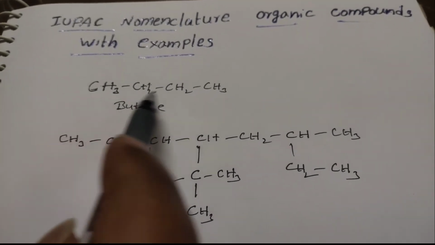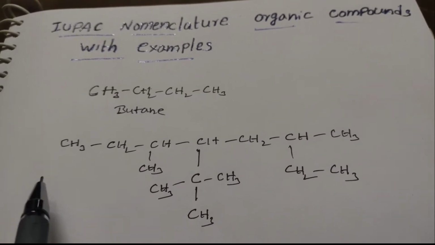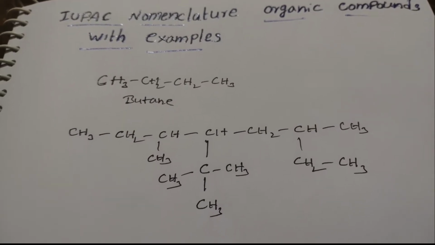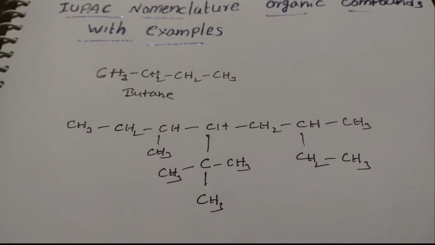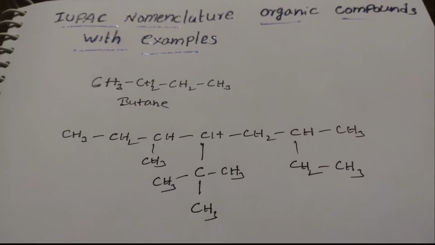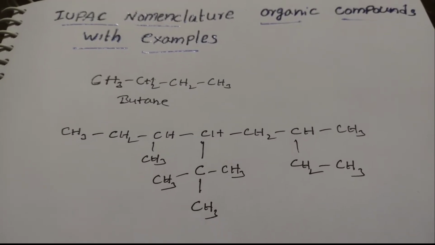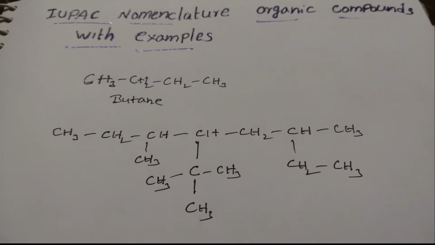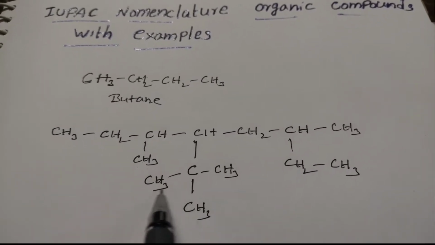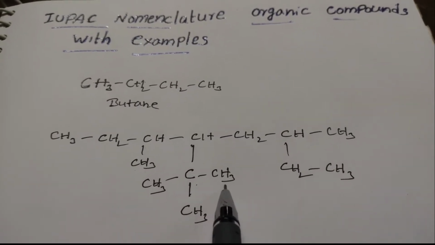Writing the name butane is the easiest one. Then how can we give nomenclature for this type of compound? Whenever we try to give the nomenclature of a given organic compound, first of all you should write the root word. If you write the root word correctly, 90% of the nomenclature will be completed. Here they have a methyl group substitution, and one more substitution. In total they have 3 substitutions, and one substitution also has a side chain.